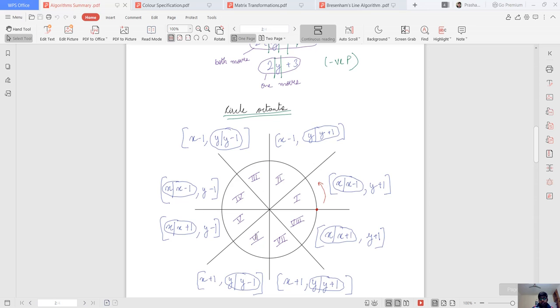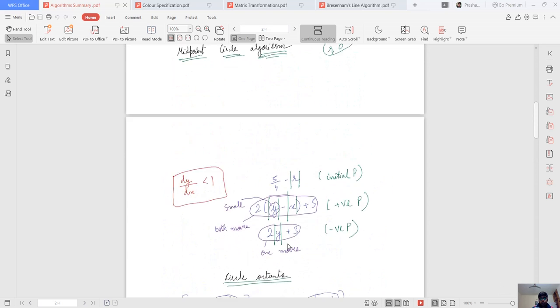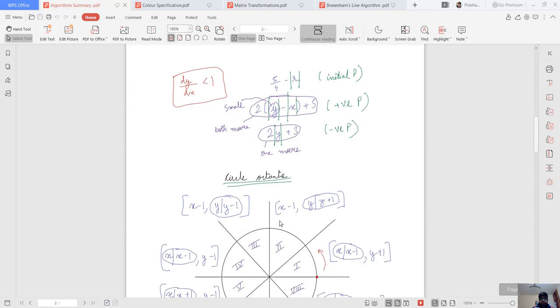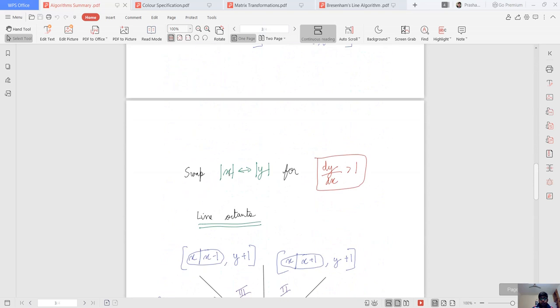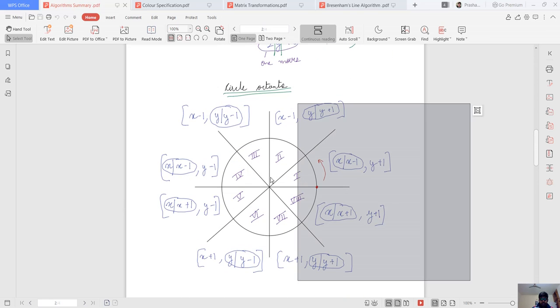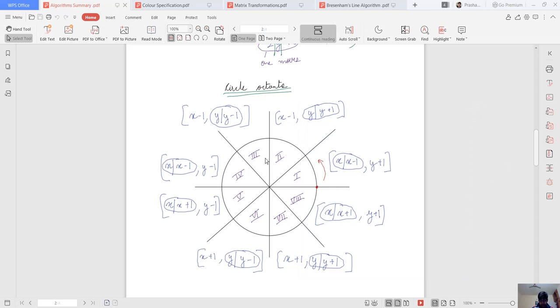In the second, third, sixth, and seventh octants, x will come first. What we actually do is swap x and y in these octants. Octants 1, 4, 5, and 8 will be similar, and 2, 3, 6, and 7 will be similar.